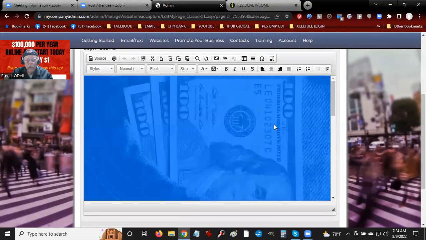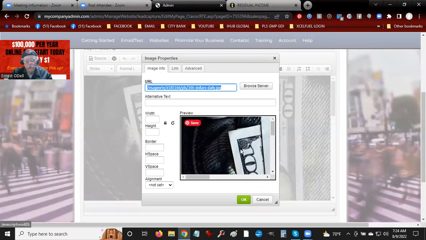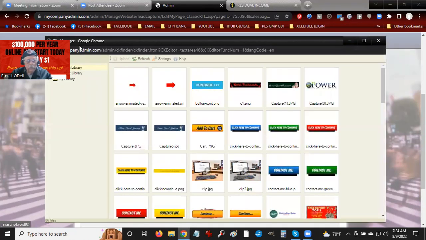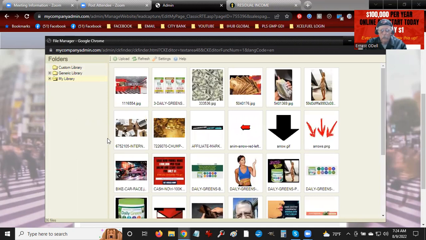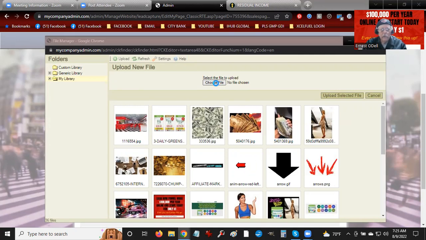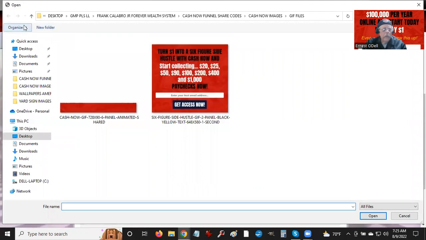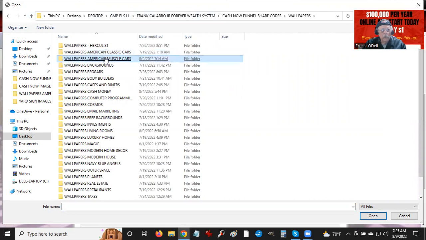So what we're going to do is highlight that background image and come up here to the image toolbar, click on that, and that's the path on the PLS server where this particular image resides. But we're going to change that by going into Browse Server, go to My Library, and I'm going to click Upload, and I'm going to choose a file. Okay. And then I'm going to go up 1, 2, and here's wallpapers, and go to American Muscle Cars,